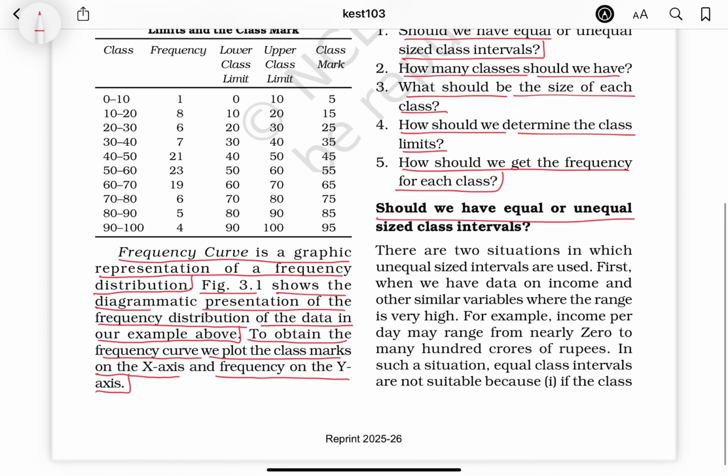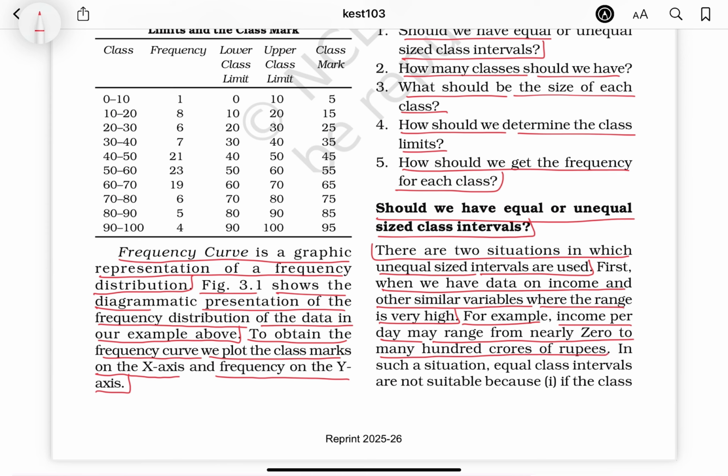Should we have equal or unequal sized class intervals? There are two situations in which unequal sized intervals are used. First, when we have data on income and other similar variables where the range is very high. For example, income per day may range from nearly 0 to many hundred crores of rupees. In such a situation, equal class intervals are not suitable because